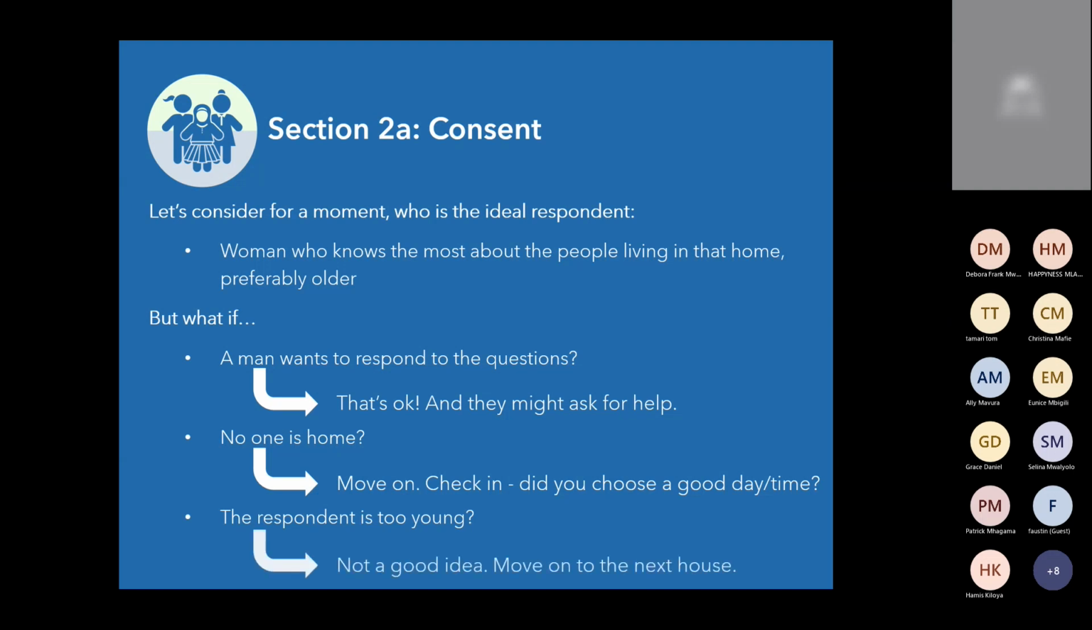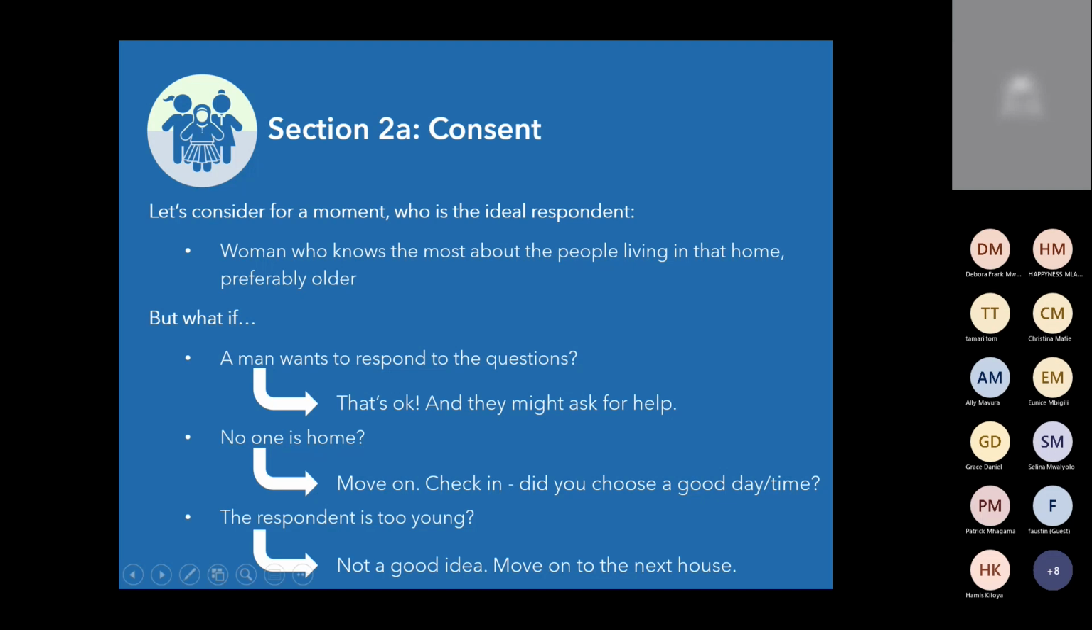And if the respondent is too young, it's not a good idea. If it's a child-headed home and there's no one else to respond to your questions except that child, I recommend you move on to the next house. And as I mentioned yesterday, you can make a judgment as a team about what constitutes too young. Normally, we recommend